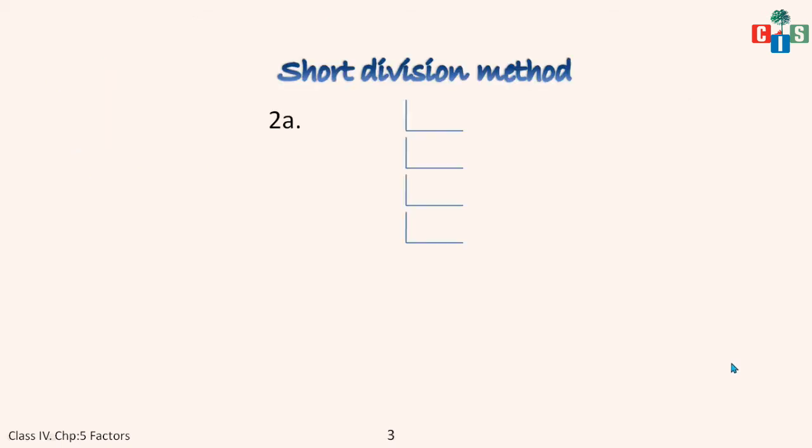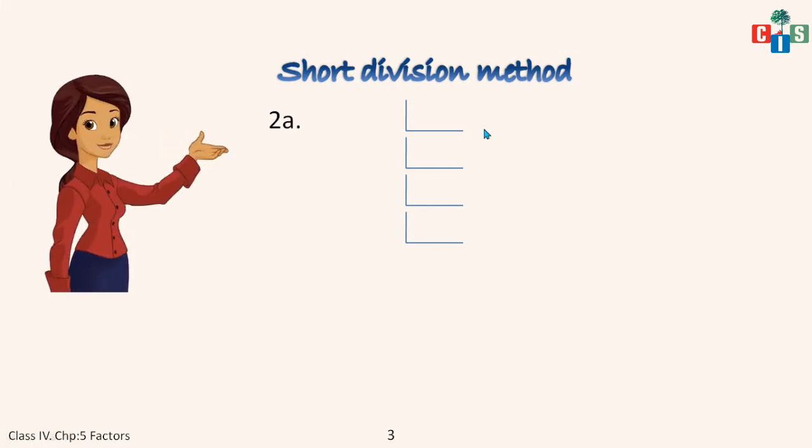Okay. Now moving on to the short division method from the same page, that is worksheet number 3, wherein 2A I have taken, that is the number 16. Page number 30, worksheet 3, 16. Okay. Now as it is a short division method, you will use division. Yes. So 16 को सबसे smallest prime number से divide करना है.